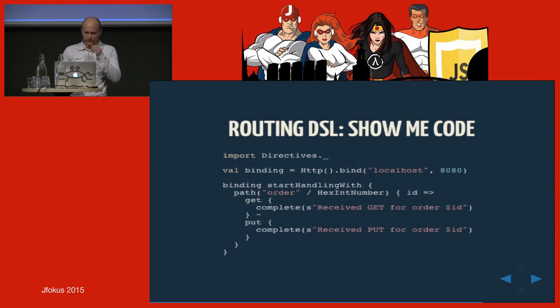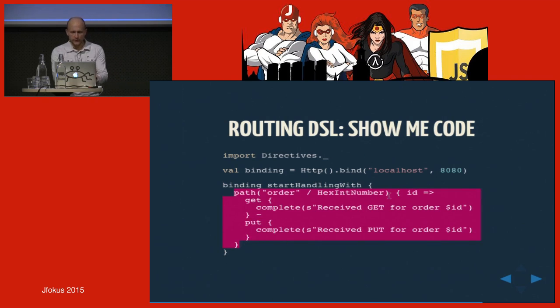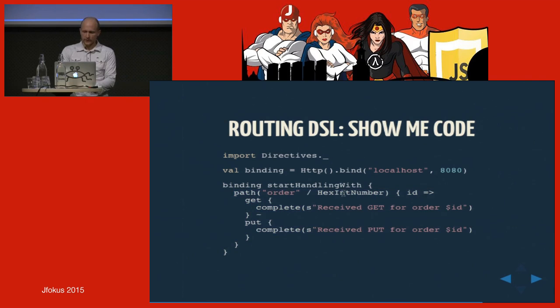So this is just an example of what this might look like. You have a DSL that describes what should happen when something comes in. So this piece is the same as before, right? You just describe the inner side a bit differently. And what it does, we don't really need to go into the details, but you can see we expect requests to /order/hex integer number to be either served with this if it's a GET request or this if it's a PUT request. And this means hex integer number is something that we provide, so you don't have to go through